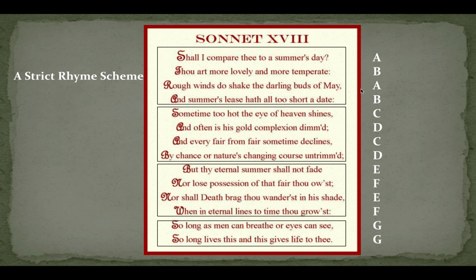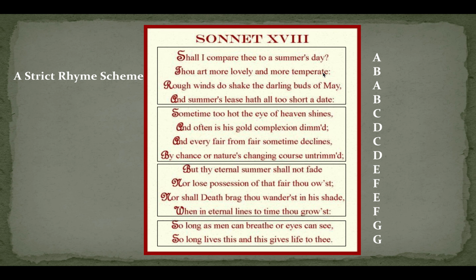Okay, now we see that day rhymes with may, we see that temperate rhymes with date, but as we've talked about before, temperate and date seem like kind of an approximate rhyme. And you might find this in sonnets where the rhyming is really close. One of the reasons for that is that people pronounced things differently back in the 17th century than they do now. So sonnets are a really good clue as to how people used to talk in England.